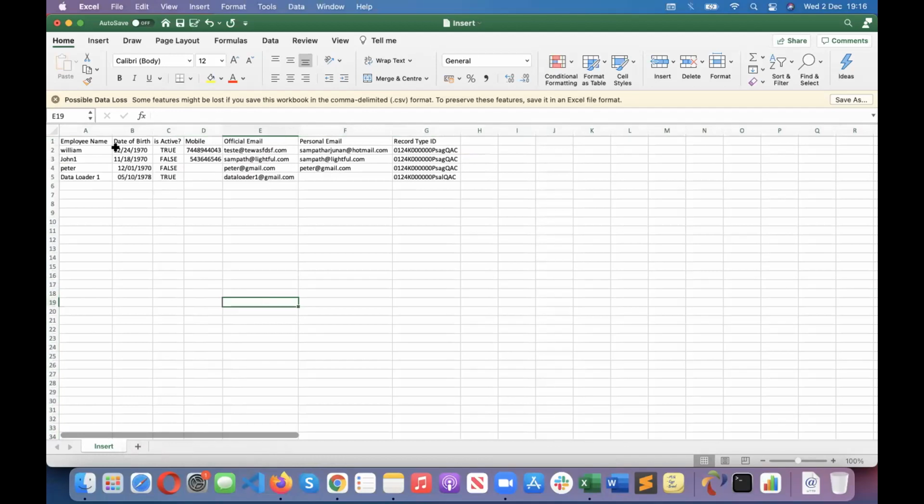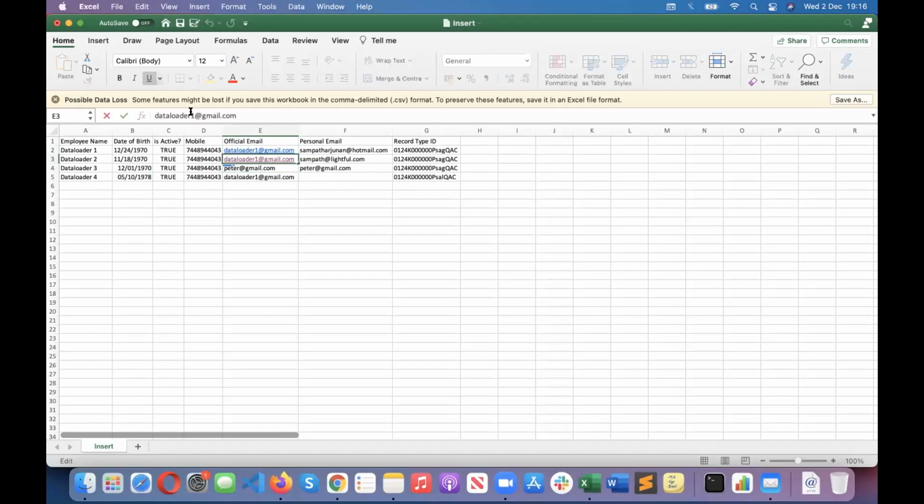And data loader 1, 2, 3, 4. I'll make it as 2. Same number will be, and here data loader 1 dot gmail, data loader 2 dot. Sampath, here this is active true means